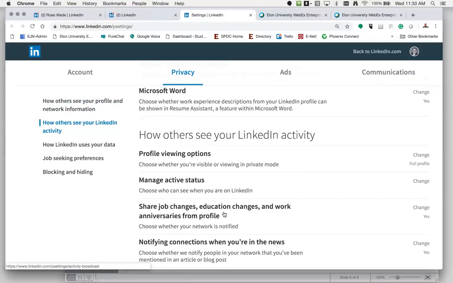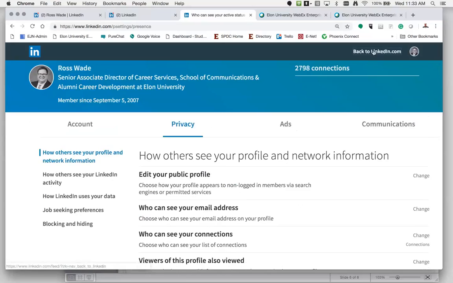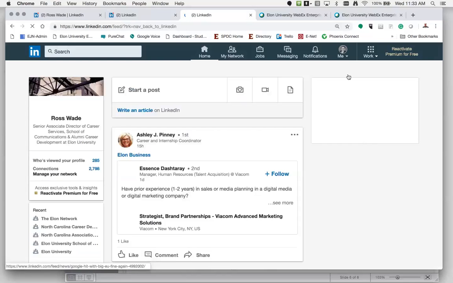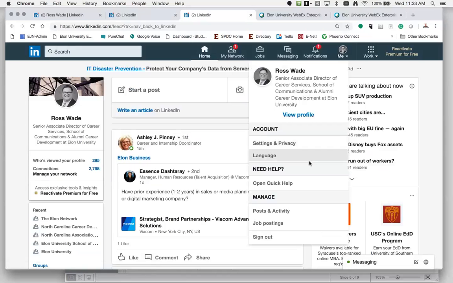Now, I don't mind if people see that I've checked them out because sometimes they'll reach out and say, hey, I saw that you checked me out, let's connect. Or maybe I'll see that someone in San Francisco who's a recruiter randomly clicked on my profile, and I'm like, wow, that's a great contact. So I'm going to reach out to them and see if I can connect with them. But again, if we go back to LinkedIn and go under your picture and then me, it's settings and privacy. You can make it as private or as open as you would like.